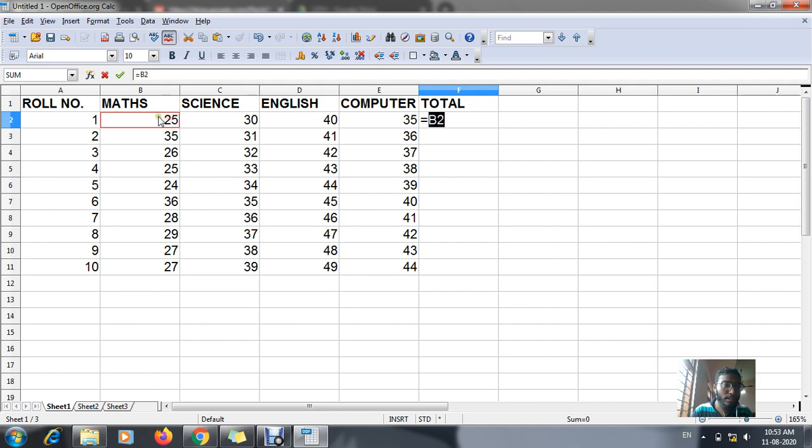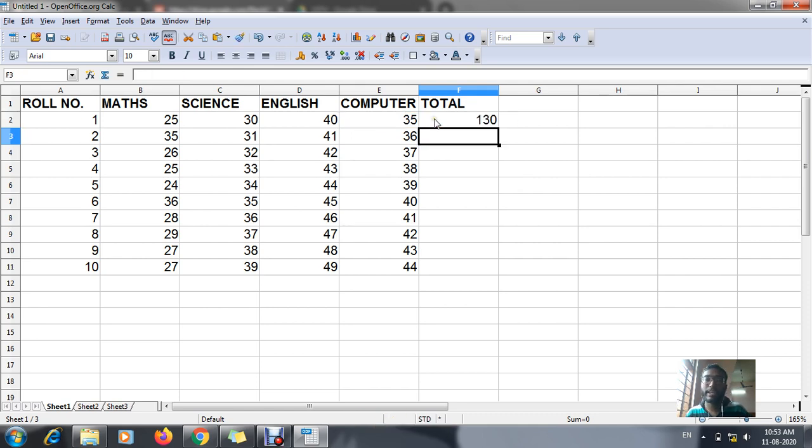That means you can see which address this is: B2. I am getting the marks 25 in column B, second row. So B2 plus, next I want C2 plus, select it, D2 plus, and now E2, then press enter.